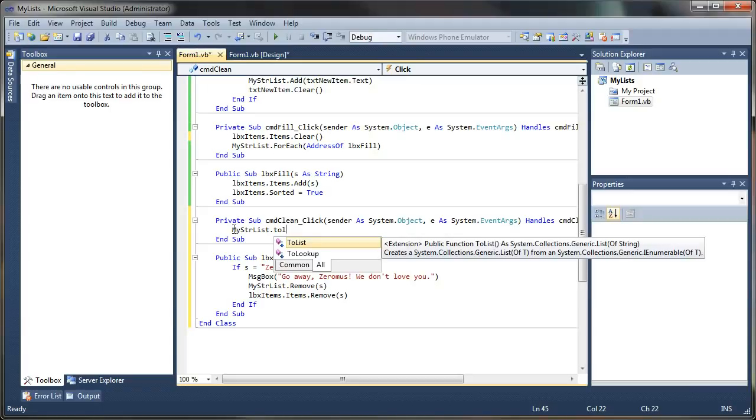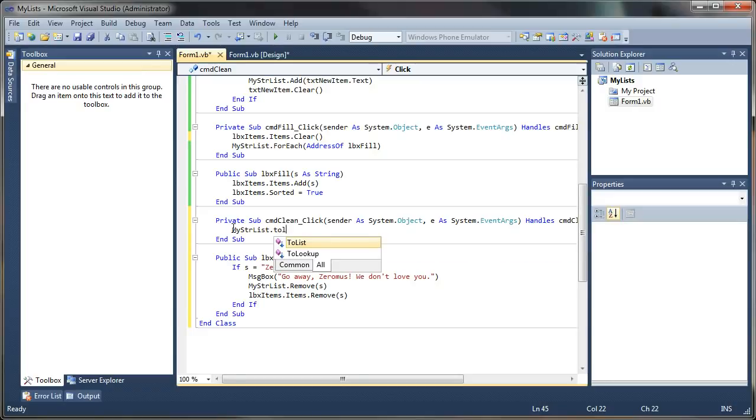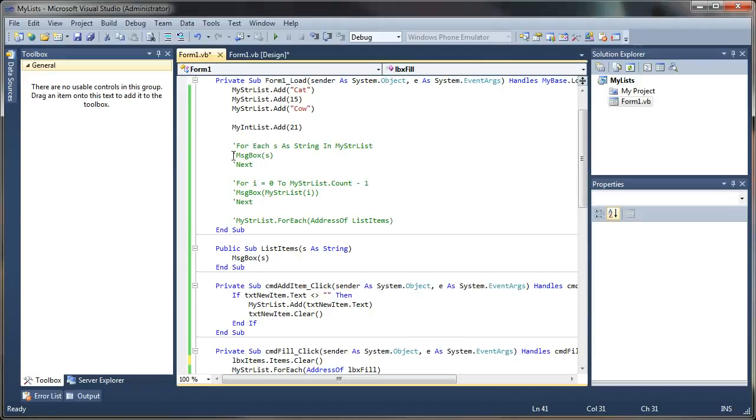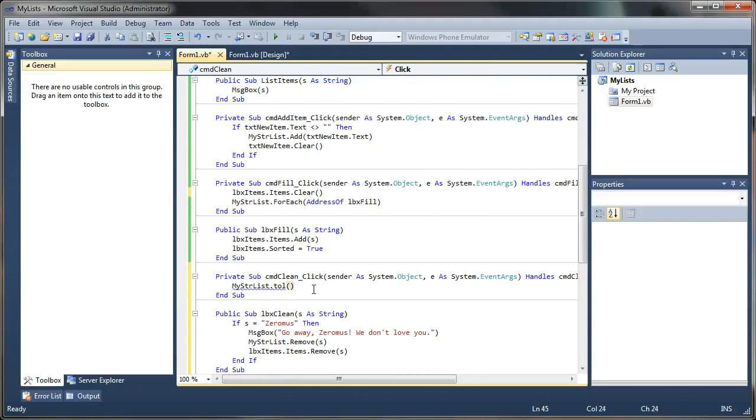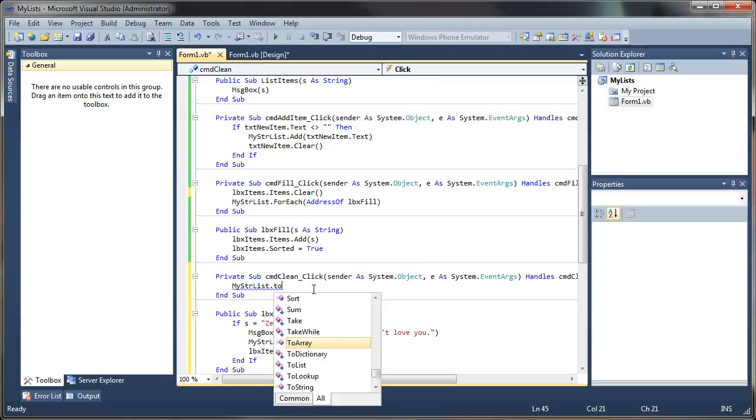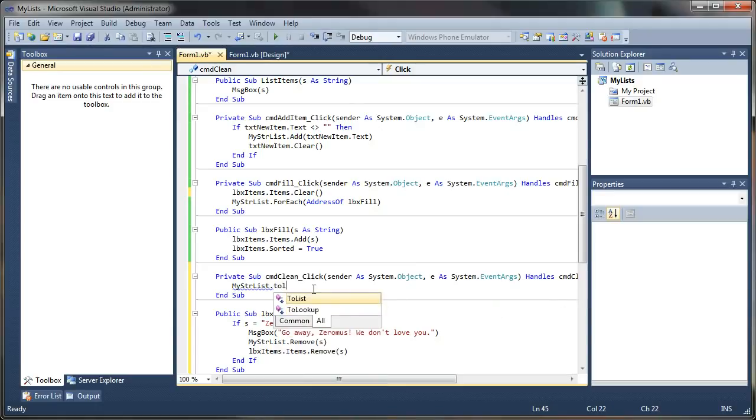One thing that you cannot do with these list collections is remove values from them, or specifically the index values, while you're cycling through it. So anytime you're looping through your list like we did up here, if you had a remove in here for a specific value, it's going to throw back an error at you because you can't modify the collection that you're cycling through. So what you do to remove items while you're cycling, you create a copy of your list in memory by using the toList method,